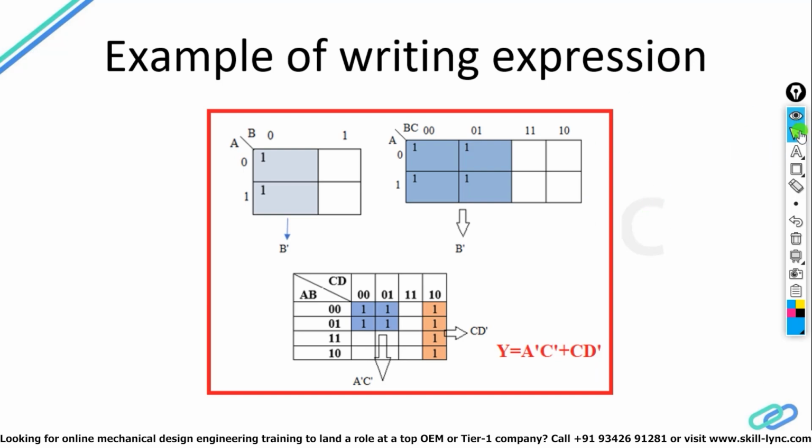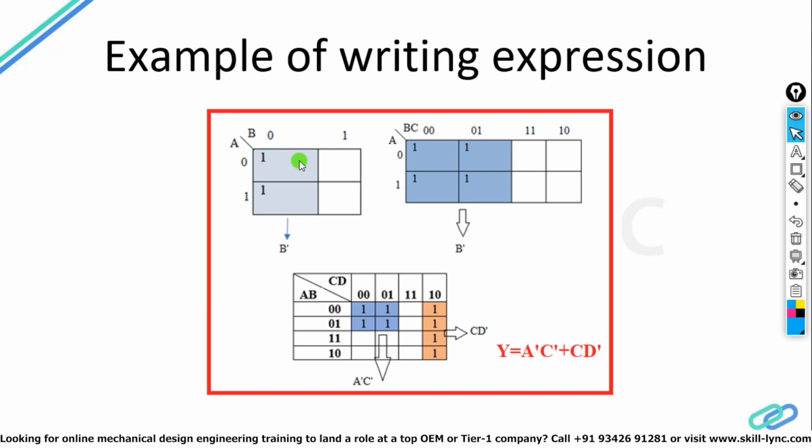After that, let's take one more example of how we can write the expressions, because writing the expressions is much more important. See, in this case you can easily see that we are making a pair of these 2 ones. Now, if we are not making a pair of these 2 ones, what will happen? Then the first one corresponds to A bar B bar, and the second one corresponds to A B bar. The final answer will be A bar B bar plus A B bar.